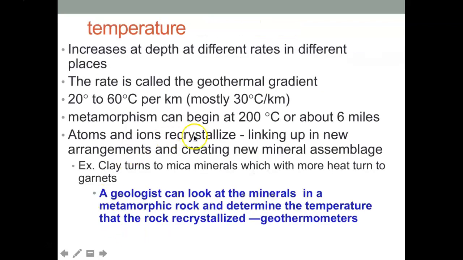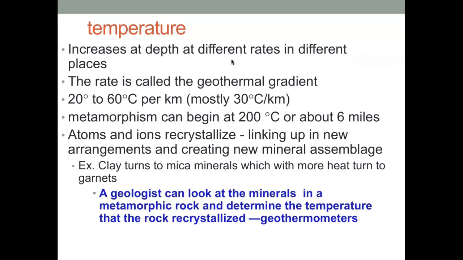Okay. All right, temperature. So temperature increases the deeper you go into the Earth. It's going to increase at different rates depending on the setting. So in the middle of continental crust, typically we're going to have a lower geothermal gradient than you would at, say, a plate boundary like a subduction zone where the rate would be higher. The average rate is about 30 degrees Celsius per kilometer, and metamorphism then begins at about 6 miles or 200